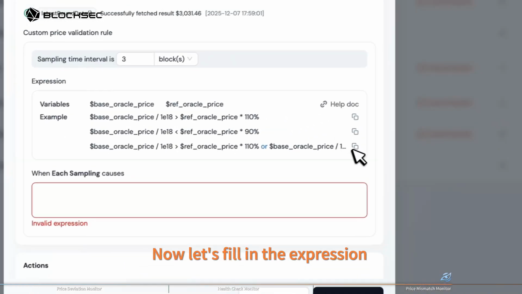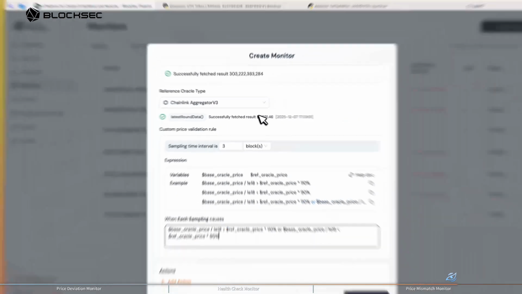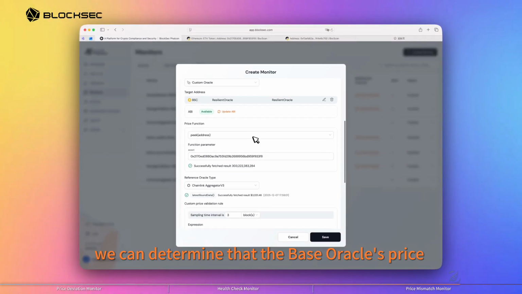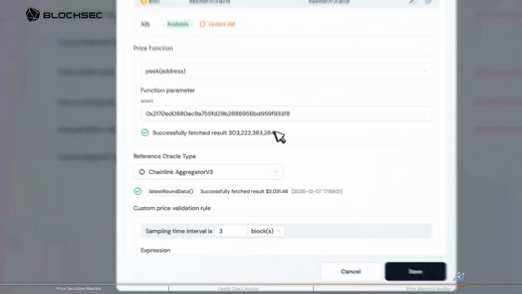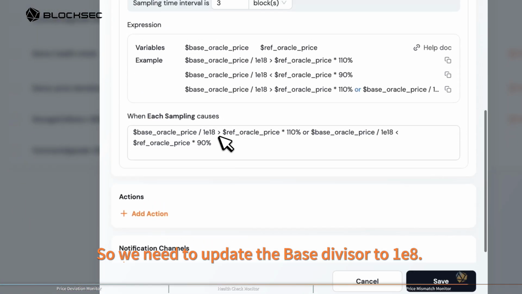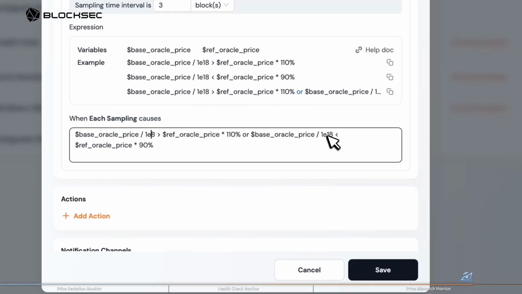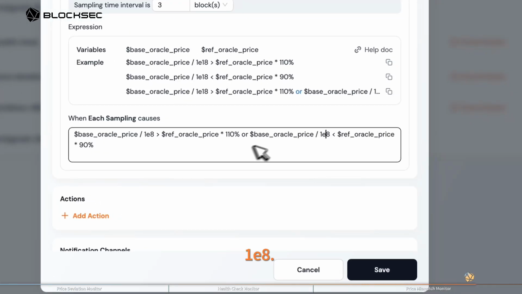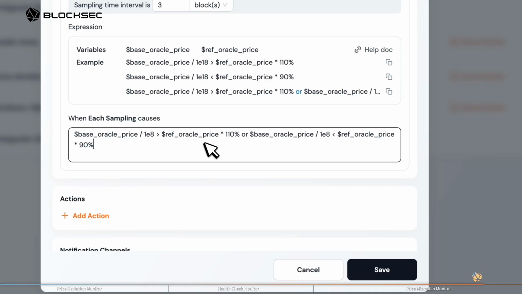Now let's fill in the expression based on the sample values. Copy it over. Based on the values returned, we can determine that the base oracle's price has a decimal precision of 8. So we need to update the base divisor to 1 times 10 to the 8th power. Then, what this expression means is, when the base oracle price and the reference oracle price differ by more than 10%,